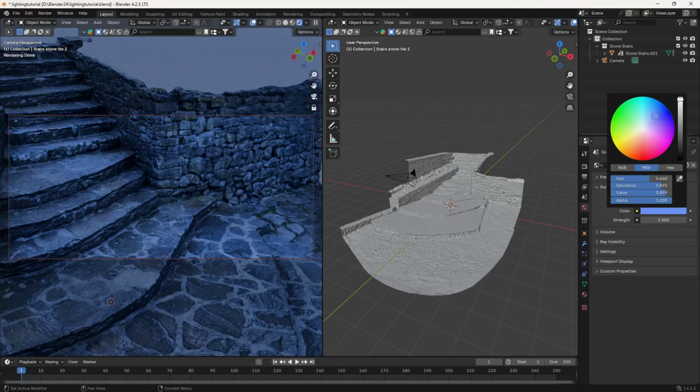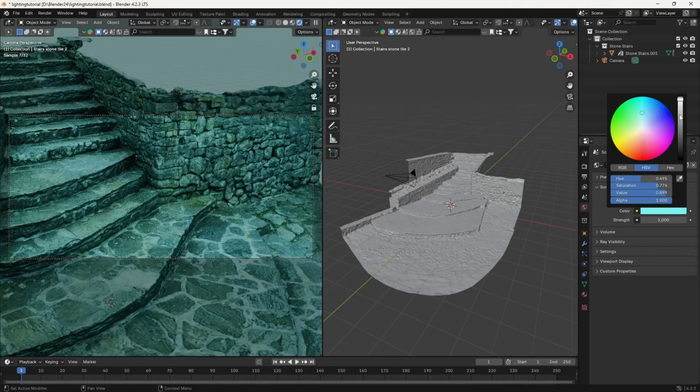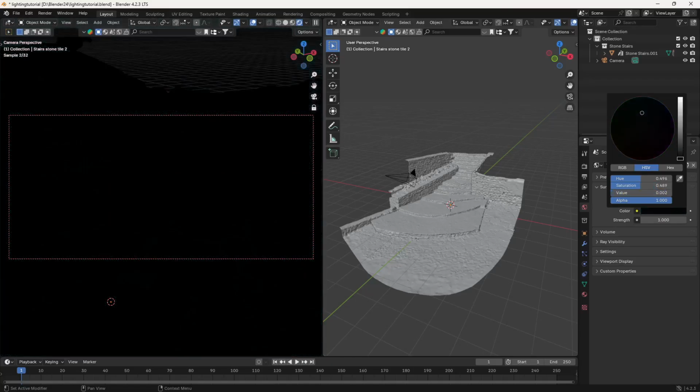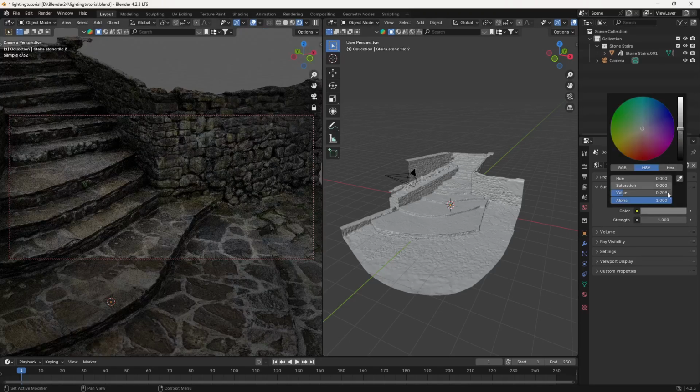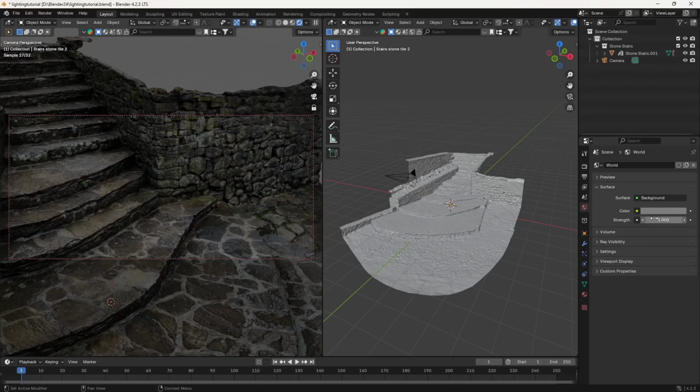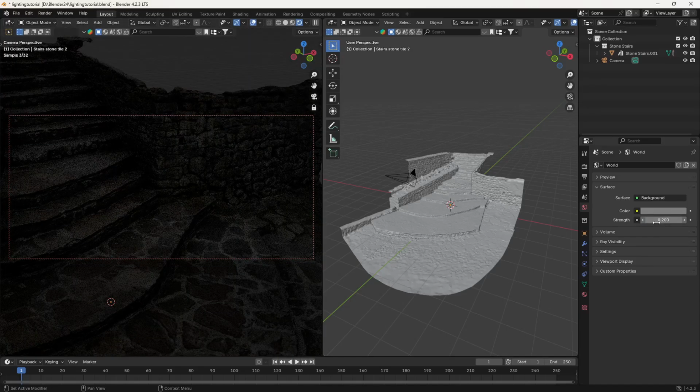But now we have the sun and the sky built in, which is really good, which we are going to see in a moment. And if I take this to, let's say, black, now you can see there is no light in the scene. So this is how the color works. Let's do somewhere around this, and here you will find a strength. If I take my strength to, let's say, 0.2, you can see we are getting a dark result here.